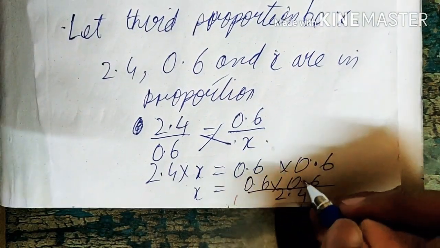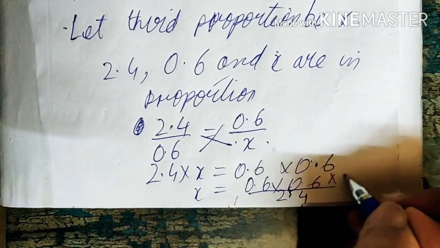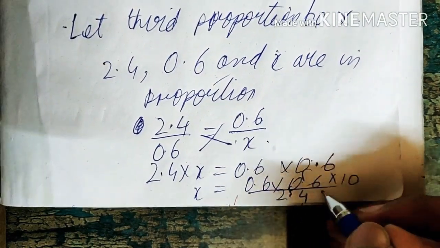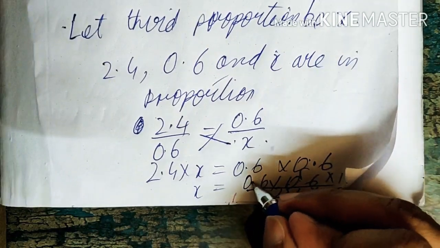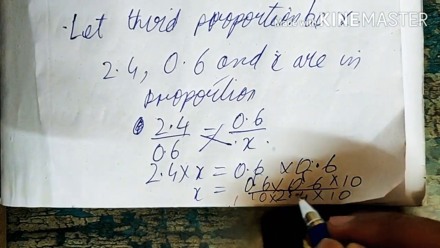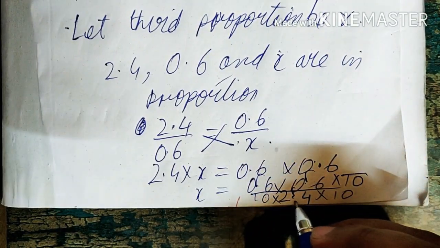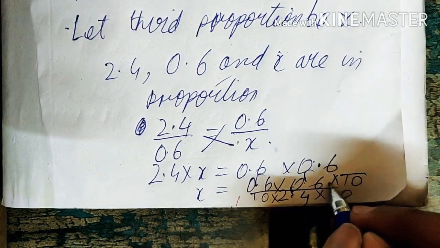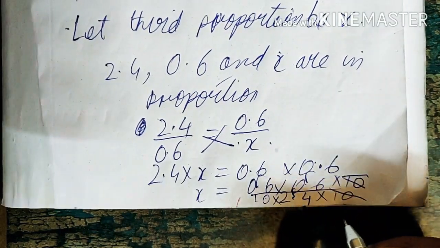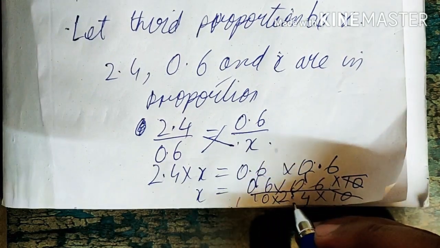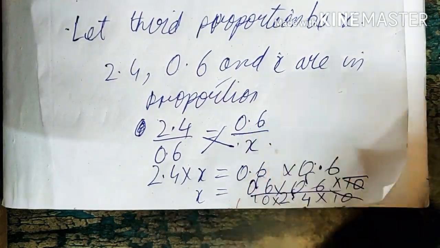Okay, removing the decimal from here, we will get an extra 0 here, and removing this decimal from here, we will get an extra 0 here, and this also we will get an extra 0 here. So we are left with 6 into 6 into 10 upon 10 into 24 upon 10. So this 10 and this 10 will be cut off. We are left with 6 into 6 upon 10 into 24. We will write this on the next page. So this was the value of x here. So this will be cut off by the number 4. 6 4s are 24, and then it can be cut by 3.